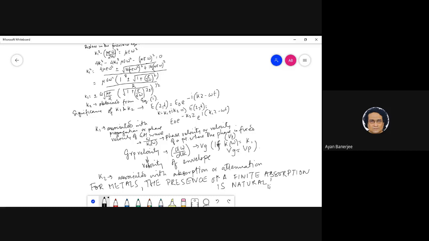So next class we will go into more details of these things, and we will start with what quantitative property of a material will tell you whether it's a metal or not. Okay, and then we will go into things like skin depth and find out different interesting properties of metals. We wrote down certain properties, we anticipated some properties, and we are going to quantitatively derive those. Okay, so that is that.